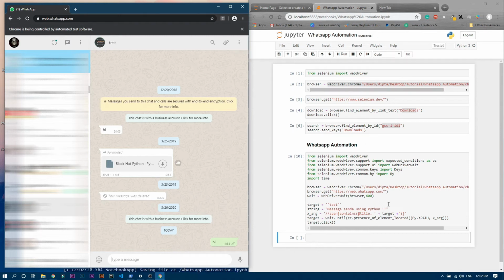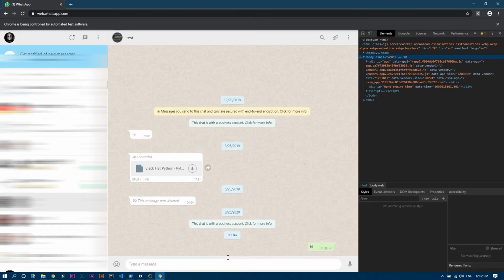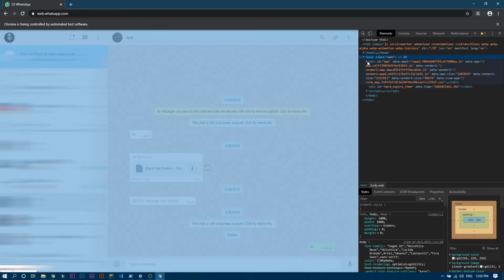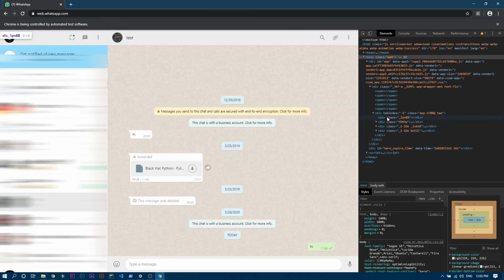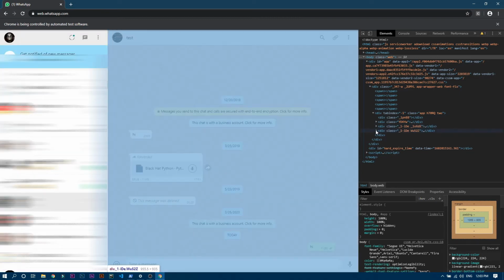But now, since we want to send the message, we have to write the message over here, right? So we have to find the ID or class, whatever there is, of this message box section, right? So for that, let me just increase this section and right click on it and inspect. Okay, fine. And we have to go into this body, then div, then this div, it has some spans, and this div has the sections, right? So this is the total section, this is only the user's details, and this is the chat section, right? So we will open this chat section.